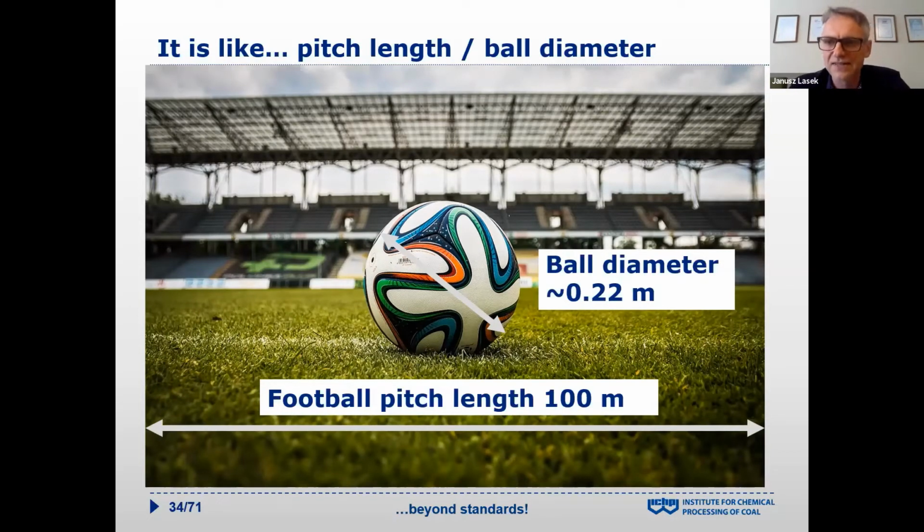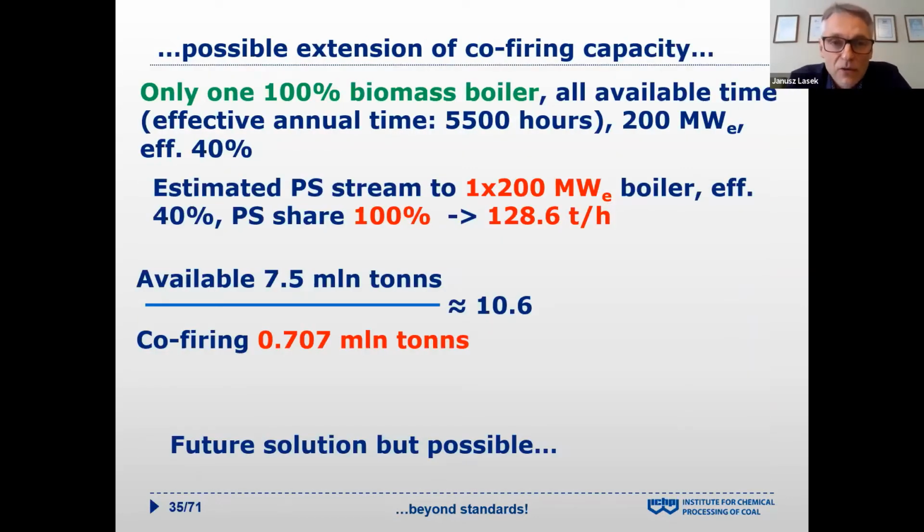So the one plant is not solving the problem. Further on, we consumed only one biomass boiler, which takes 100% of biomass, and it's just another mental exercise. Yes, a 100% biomass combusting boiler, and we combust this biomass for the whole year, with the effective time 5,500 hours. Of course, we didn't assume that it will be all the year long, just 5,500